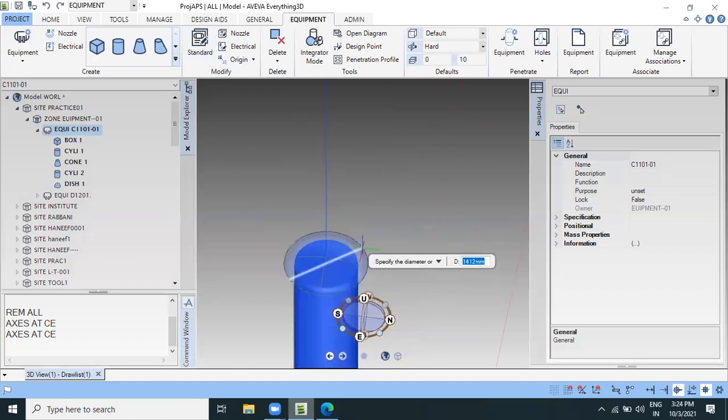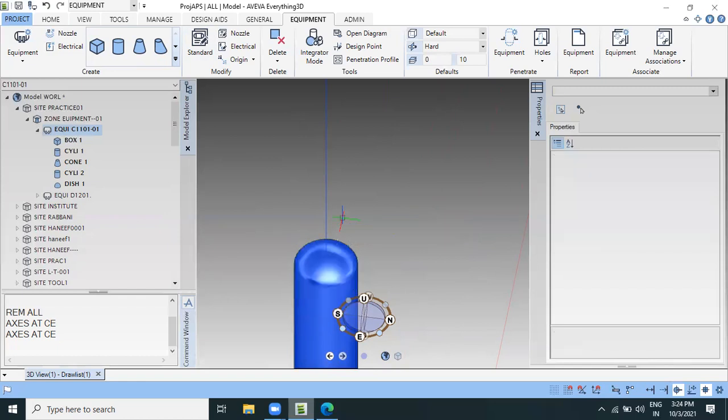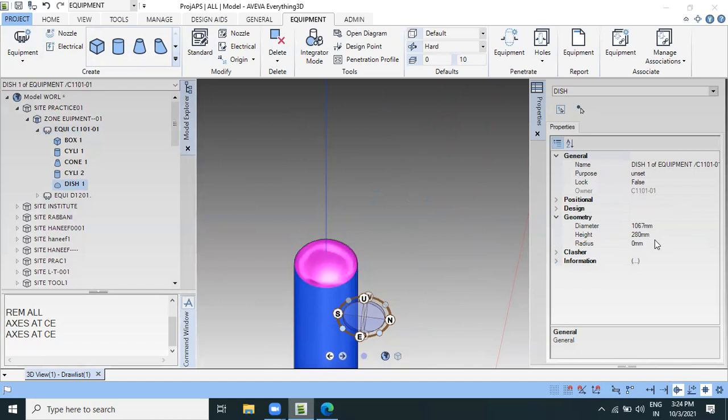Select here, then the diameter is already there, then the height 280, then enter. Being on the dish, check once again. They have not given the radius. I will give the radius as 10% of the diameter, so 106.7. Then enter.